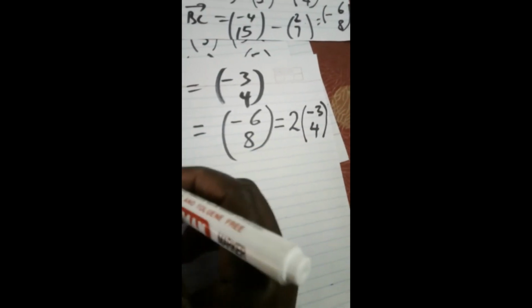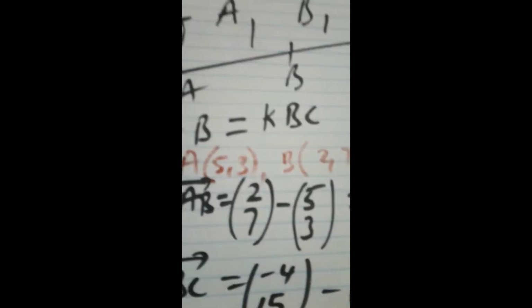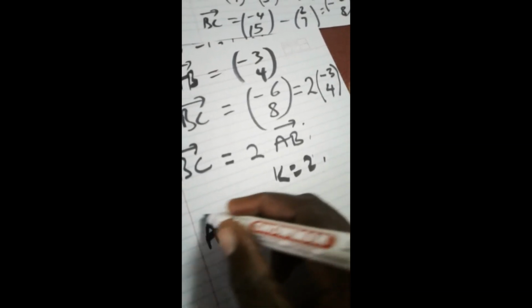Therefore, this is 2 times negative 3, 4, such that vector BC equals twice AB. So when you connect back, you will see that the K I was talking about is now 2. So AB can as well be written as a half of BC if you divide both sides by 2,